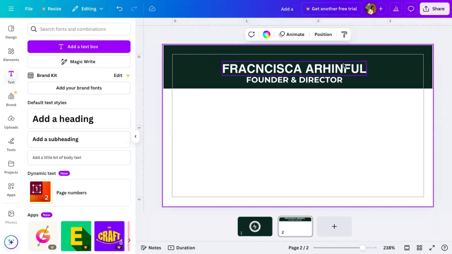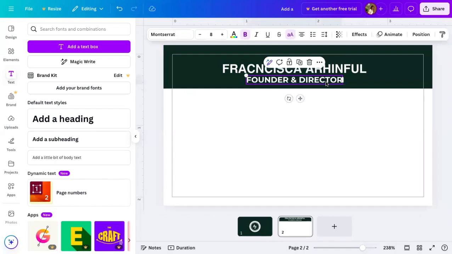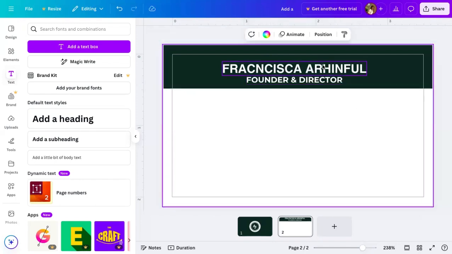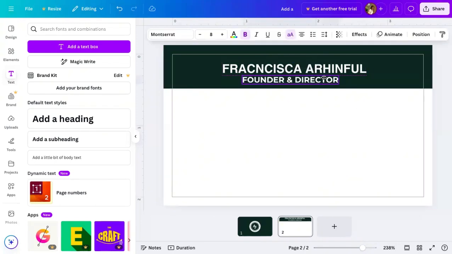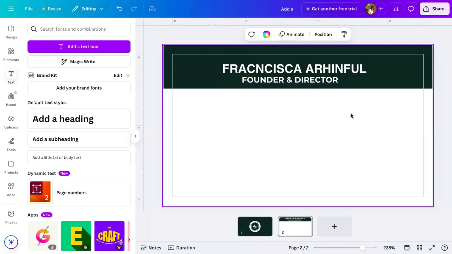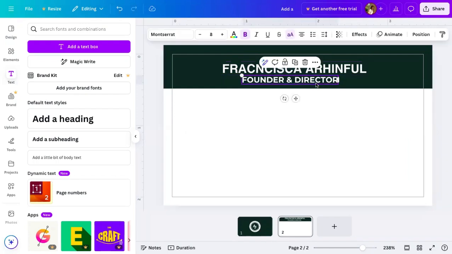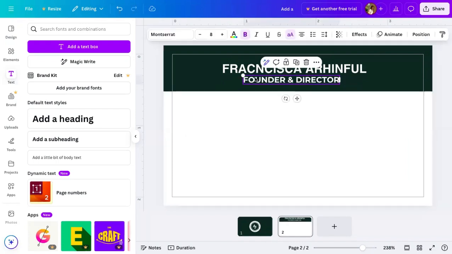You are arranging your information in the way that the bigger information comes first and the smaller information follows it, arranged properly so that people can easily read it. Okay. All right. So after you position this,